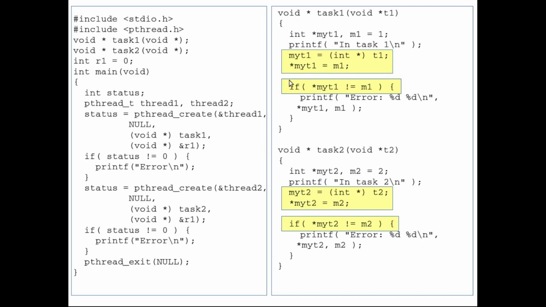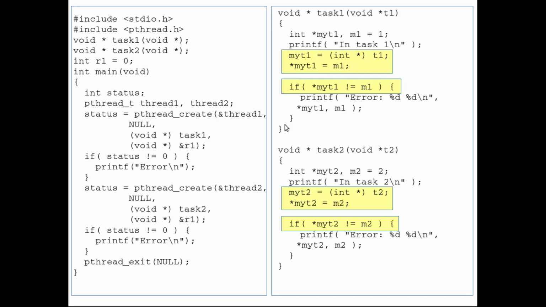It's a very small window, and thread 2 may or may not get scheduled within it. If thread 2 does not get scheduled, then we will not see the error, and we will see the error only if thread 2 gets scheduled in that small amount of time.